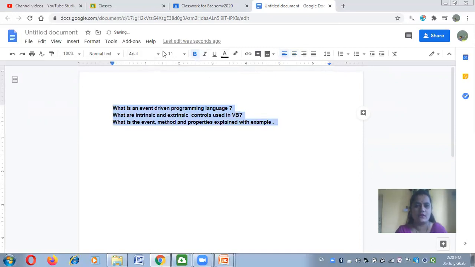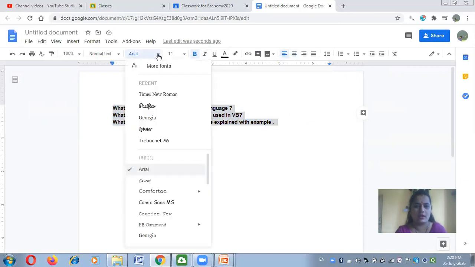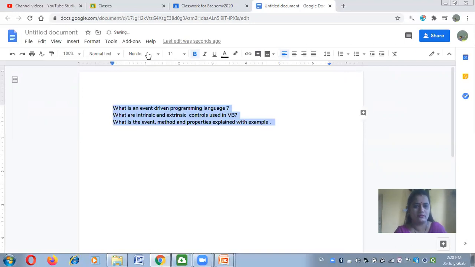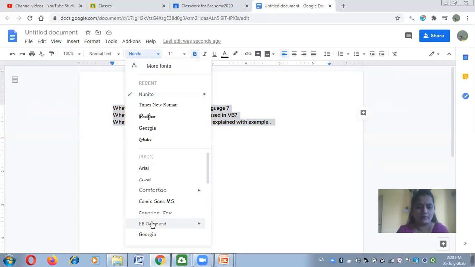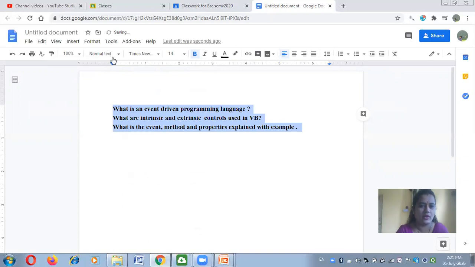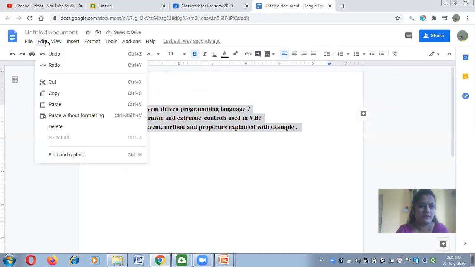Then if you want to change the style, like if I want to display my questions in Times New Roman, my font is Times New Roman and size is, for example, 40.